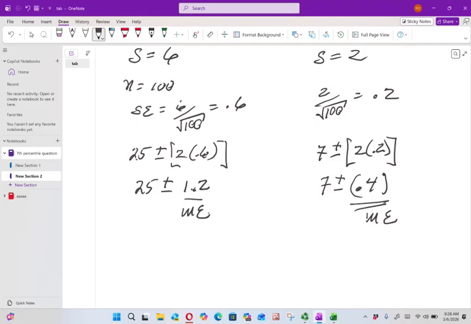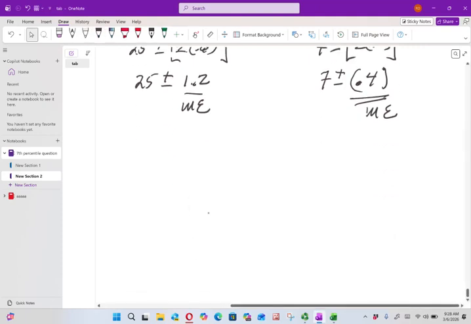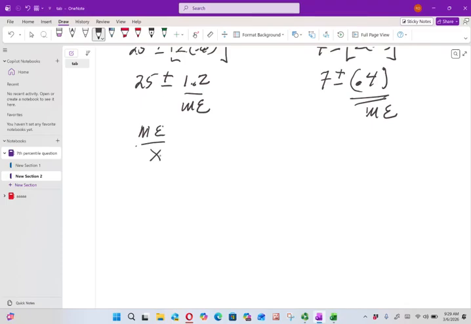Instead of saying 25 plus or minus 1.2 or 7 plus or minus 0.4, I want to know if there's a difference in this bet. And I can remove the units if I make the confidence interval a percent of the mean. In both cases,